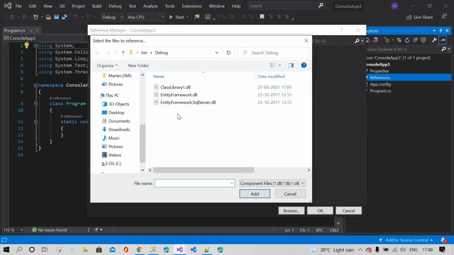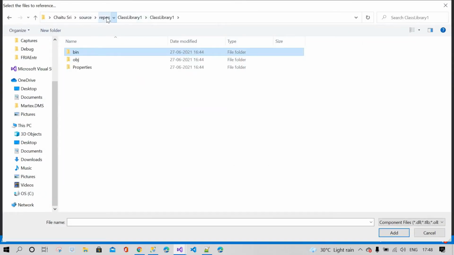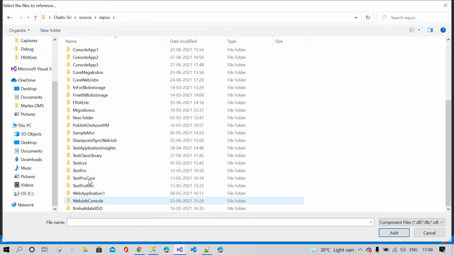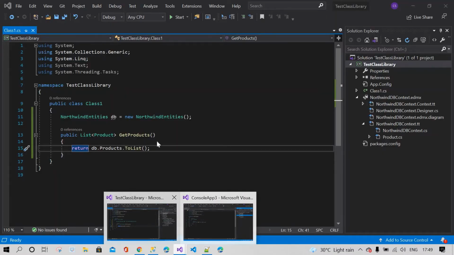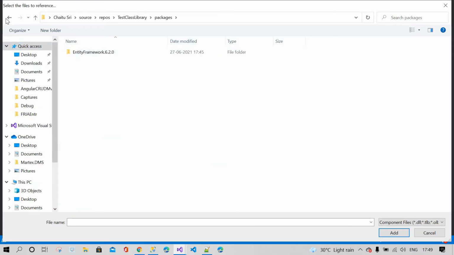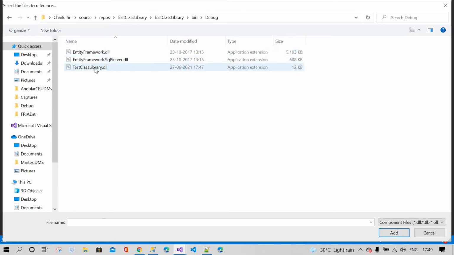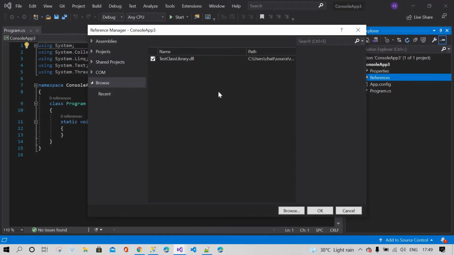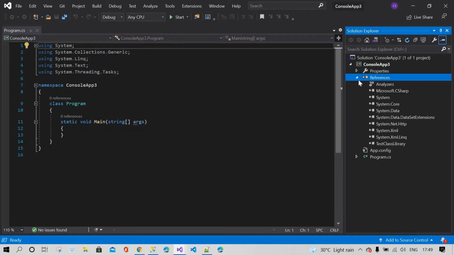This is the test class library, bin, debug, test class library. You can see the test class library DLL has been added as a reference.